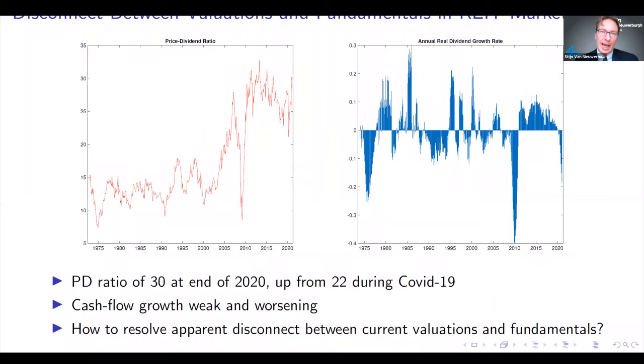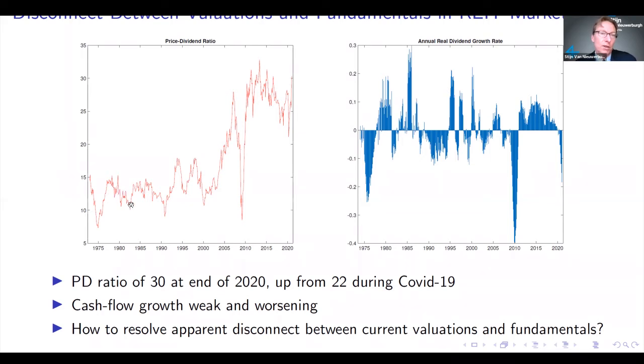So I've shown you the cap rate or the dividend yield on REITs so far. Now let me show you the inverse of that ratio, the price dividend ratio, in the red line in the left panel. What this price dividend ratio plots is how many years' worth of dividends you need to pay for a share of a representative REIT, right? And so, two things immediately jump out from this picture